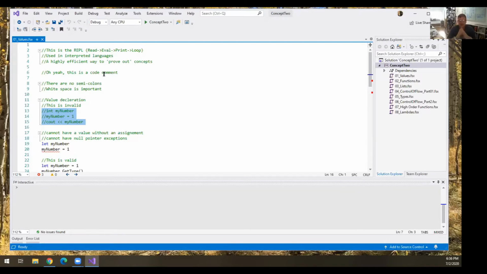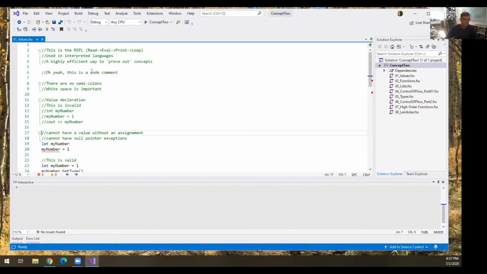But one of the benefits I got from F# almost immediately was that we cannot have nulls. We cannot have null ref exceptions. And if you ask who wrote C++, Stroustrup, right? He said that nulls were his biggest mistake, I think it was. If he didn't allow nulls, it would have wiped out about 40% of the errors that he sees in the language. I think that was him, or maybe it was not. I don't think that was Stroustrup. That's all right. Yeah, so someone who designs languages that allow nulls later regretted it.